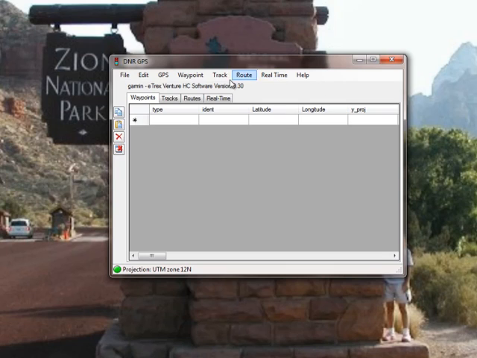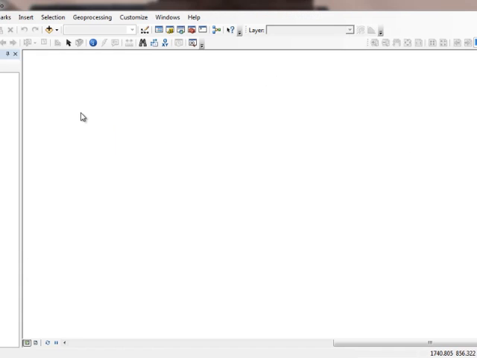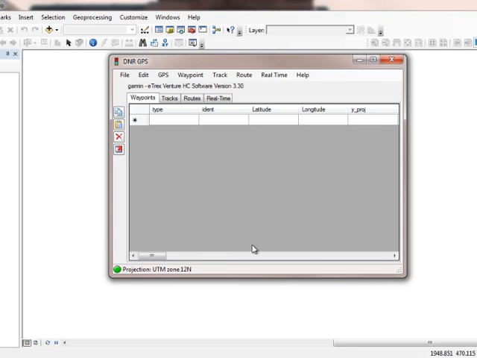And now another thing you want to do, before you start this software, is have your ArcMap running. And I already had started mine, and there you can see it's up. So you want to actually start your ArcMap project first. So if you haven't done that, go ahead and close the DNRGPS software for the moment. Start up ArcMap, let it fully load, and go ahead and also, before you start your DNRGPS software back up,